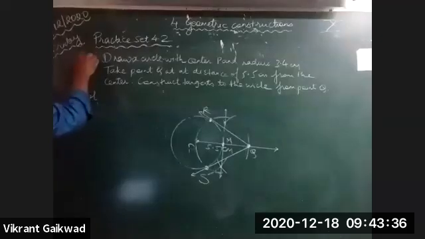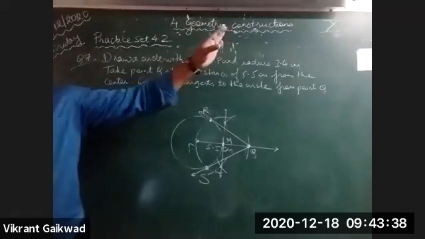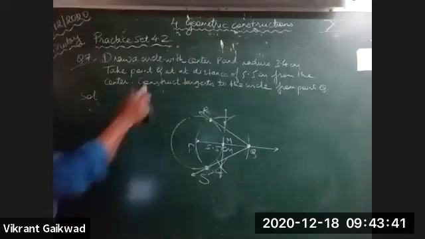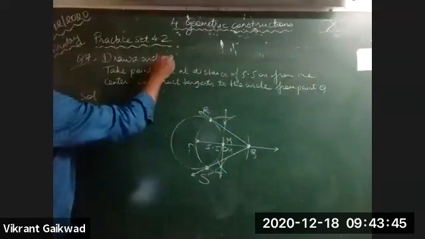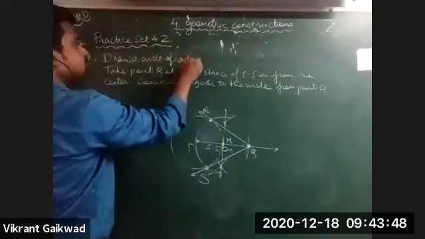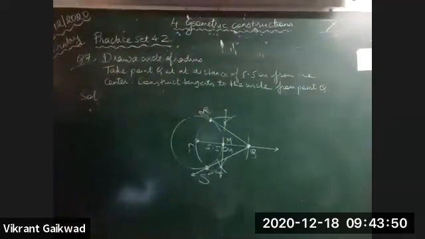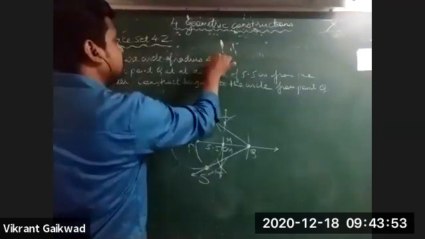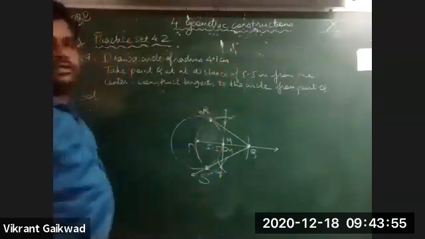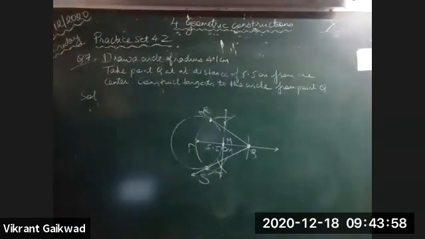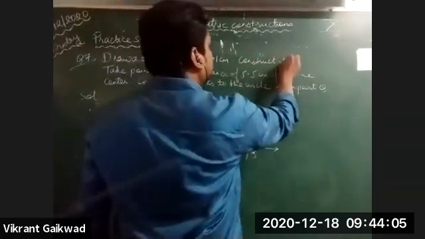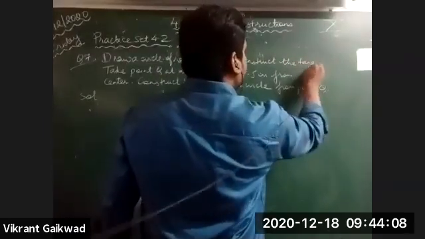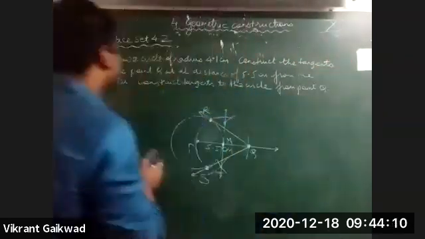Now, question number 7. Again, same thing. Draw a circle with center. Now check, the center is not given. Draw the circle of radius 4.1 centimeters. So again, check. You all can start doing this now with me. To draw the circle of radius 4.1 and construct the tangents to the circle.